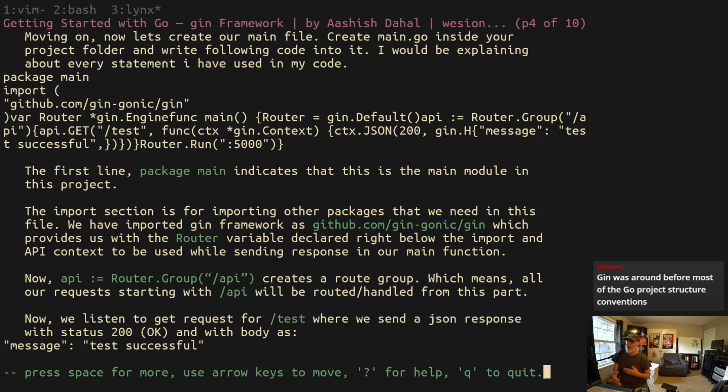If somebody's coming into your project and says, okay, I know there's a binary and I know it gets executed, where the hell is it? You can do a search, or you can look for all the CMD directories and go in there, and you should be reliably able to find all the executables that actually run. Anything with a main package qualifies. Anything else, all your package and library code, can go under SRC